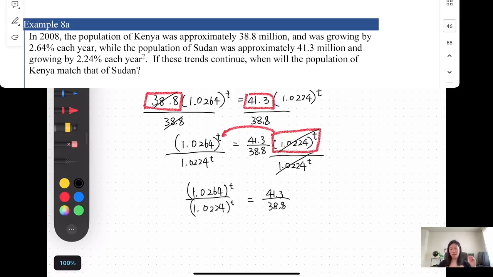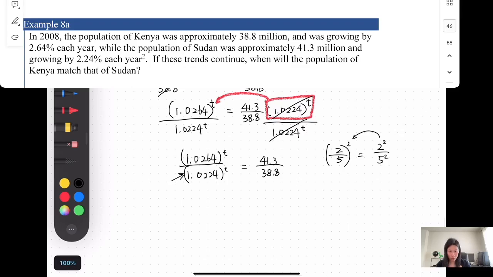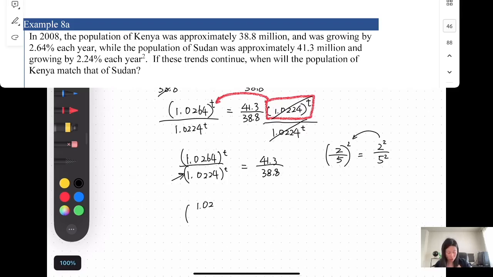All right, so now the next step is, think about it. How can I combine these together? Well, I know that if I have 2 over 5 squared, this is equal to 2 squared over 5 squared. And if I'm doing it the other way around, it's also true. So that means I can rewrite this fraction as 1.0264 over 1.0224, all to the t power, is equal to 41.3 over 13.8. Okay, after I've done this, now I can solve for t, because I can convert this into a logarithm